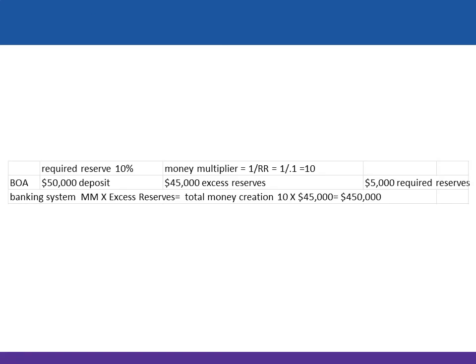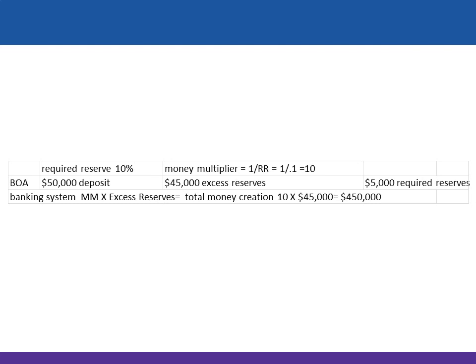So I figured a good way to finish this particular lecture was to go over a practical example of something that might occur in the real economy. Let's assume that there's a large deposit in Bank of America made this morning for $50,000. All the way on the left you see BOA, which stands for Bank of America. So there's a $50,000 deposit in Bank of America. It tells you above that the required reserve ratio here is 10%, just like it is in the real world today. So we're assuming that we're operating under the actual laws that the Federal Reserve has determined for our U.S. economy here in 2012.